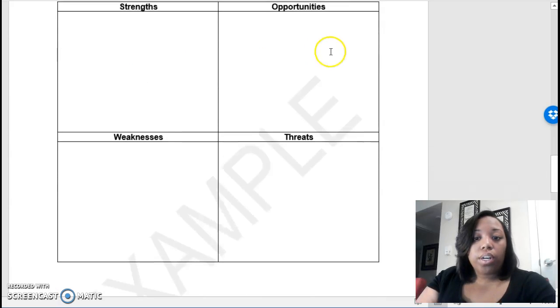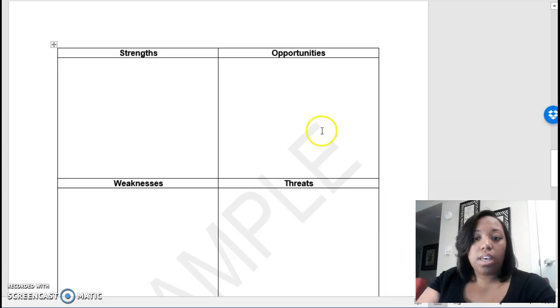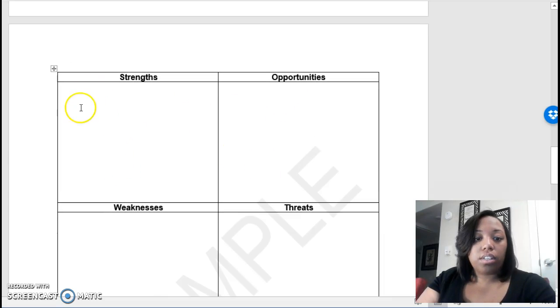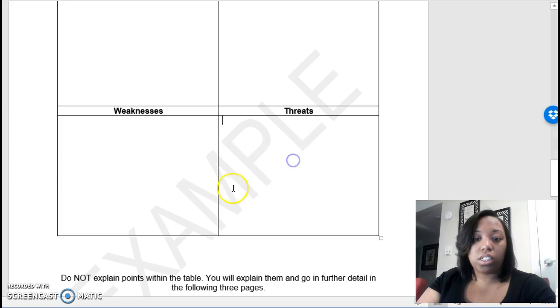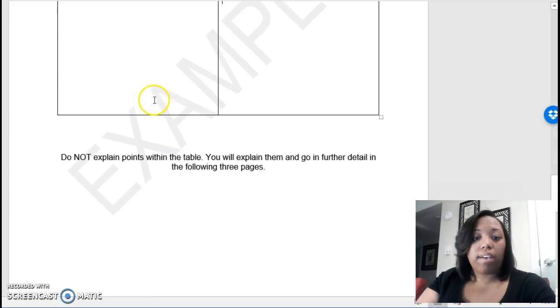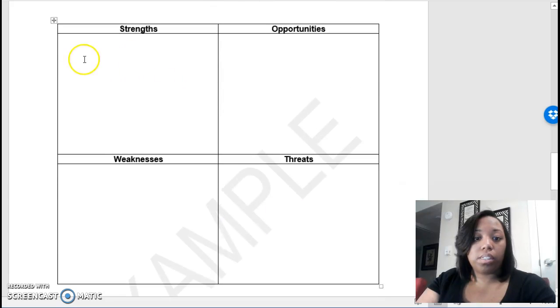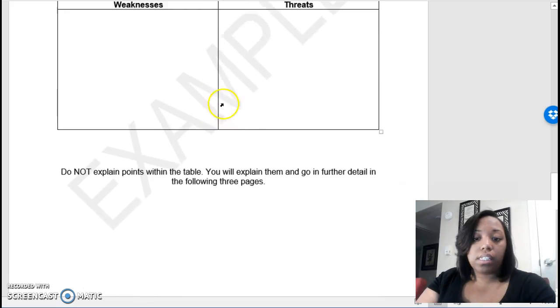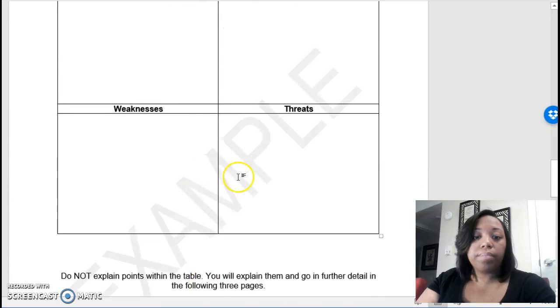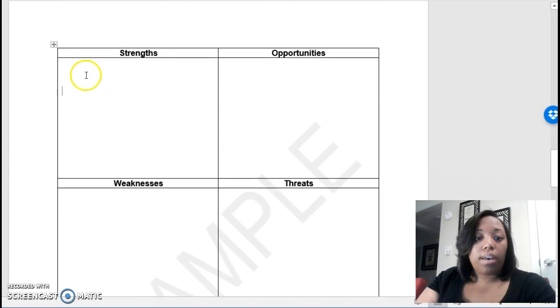So for the quadrants, this is what I meant by this, and then you can just list the attributes in each section of the quadrants that you have. I did have a lot of students in the past who like to put sentences in here. I don't need sentences because that's what you're going to use the paper for. So you'll just write what it is. So if a weakness,